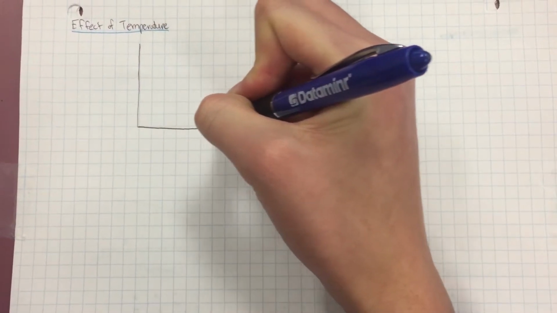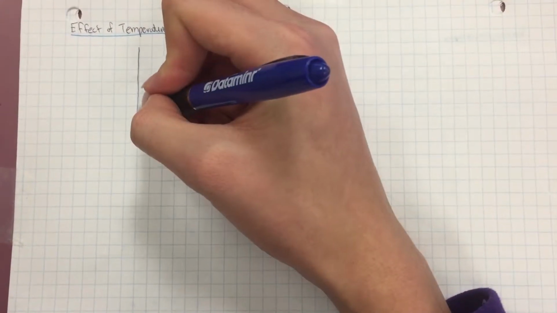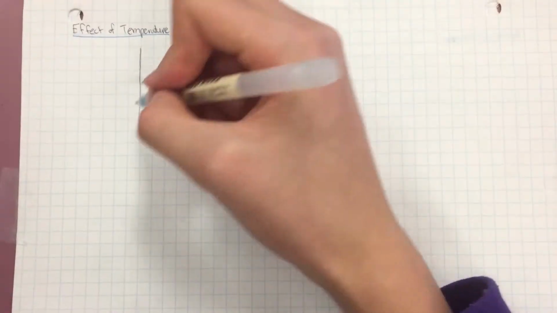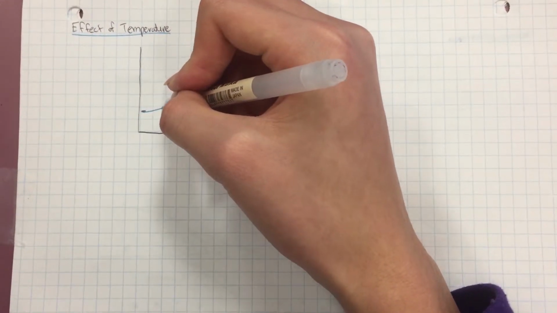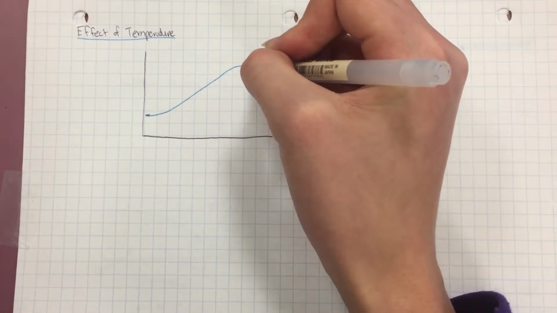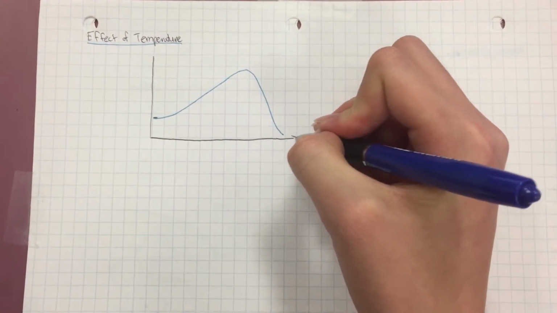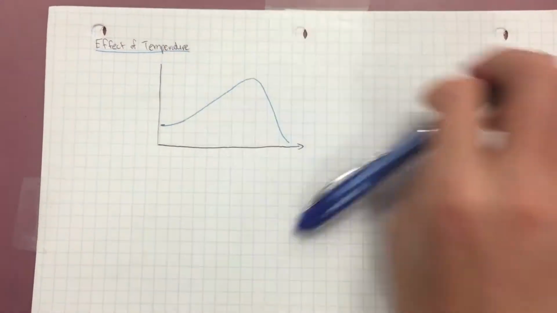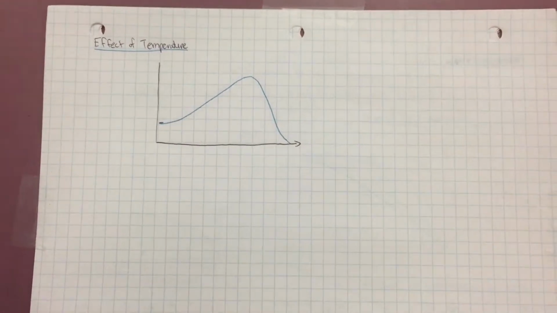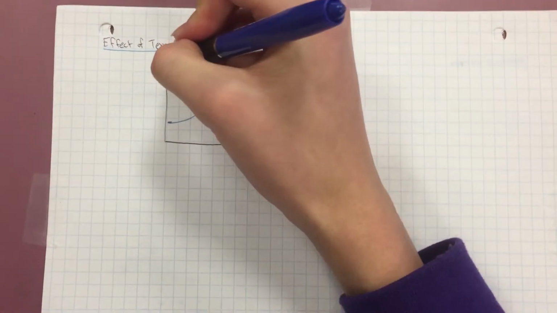In the graph, you can see the sharp increase of the rate of reaction as the temperature increases to a certain point. And then after that, there's a sharp drop because the enzyme has essentially been denatured. The increase is caused by the number of collisions increasing as the temperature increases. An example